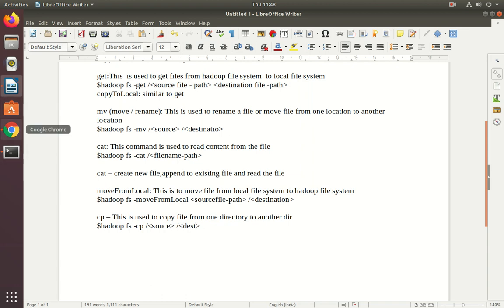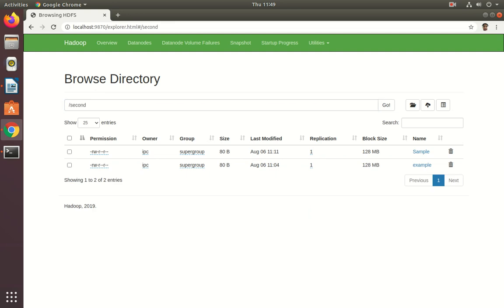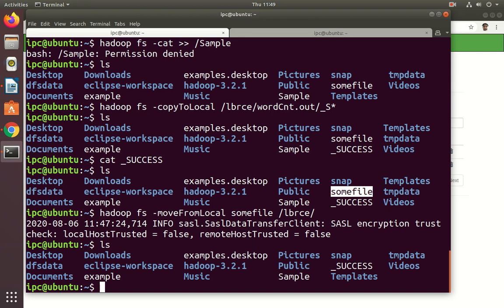Before going further, let us observe here. Here I have some file in lbrce. I want to copy, using hadoop fs hyphen cp, lbrce some file.